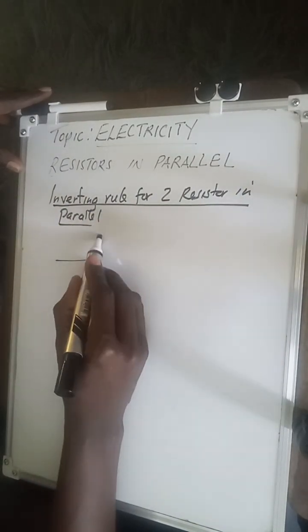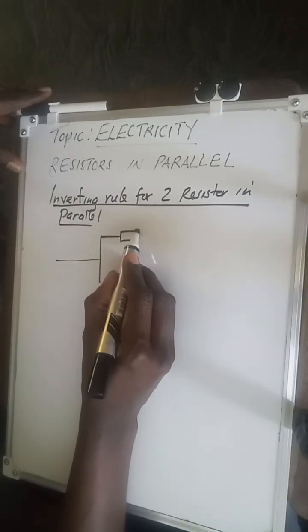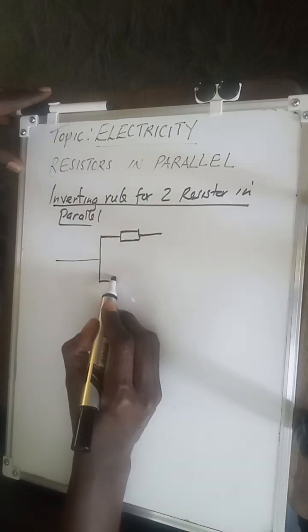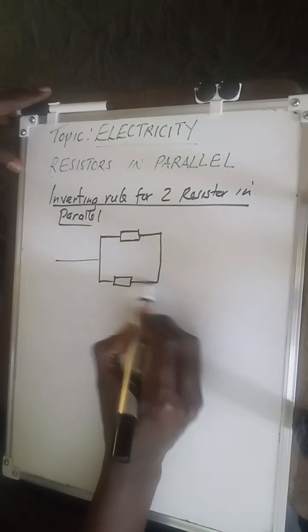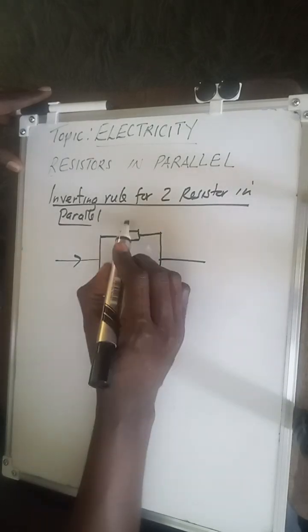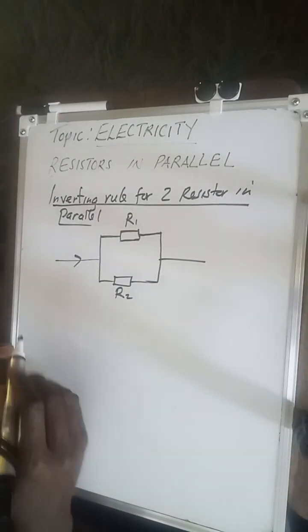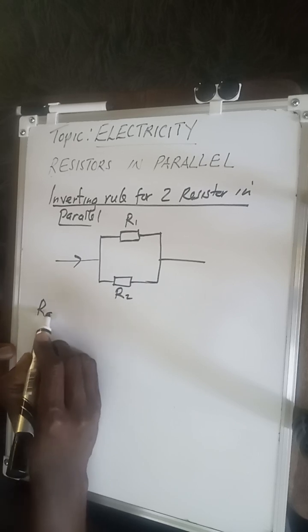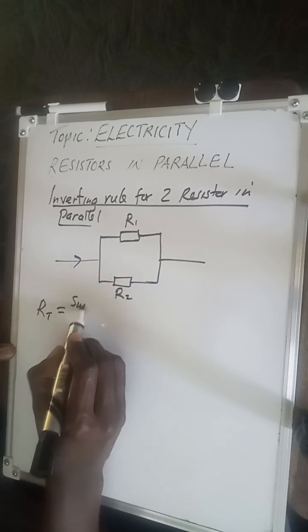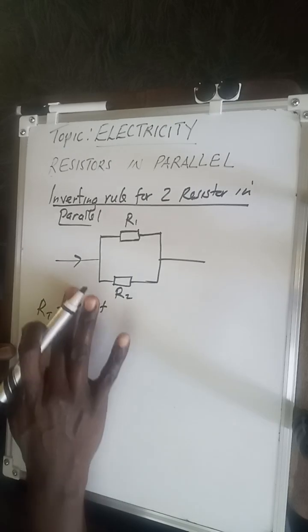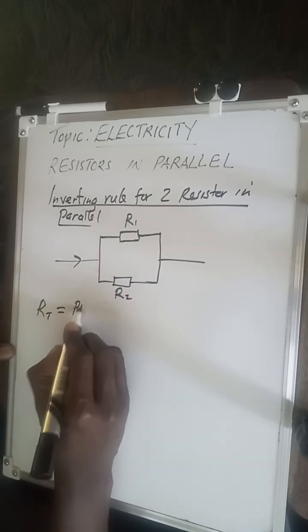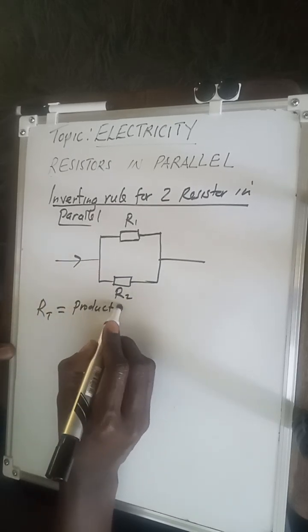Meaning, if you have only two resistors arranged in parallel, you don't even need to start wasting time. For example, if this is R1 and that is R2, according to the inventing rule, to find the resistor total, it is simply